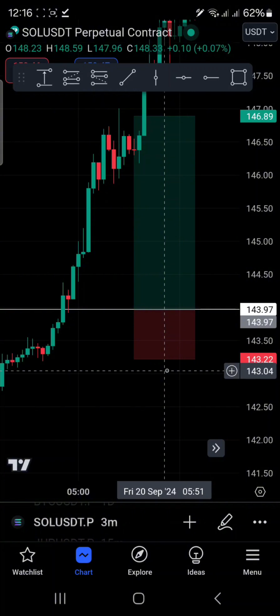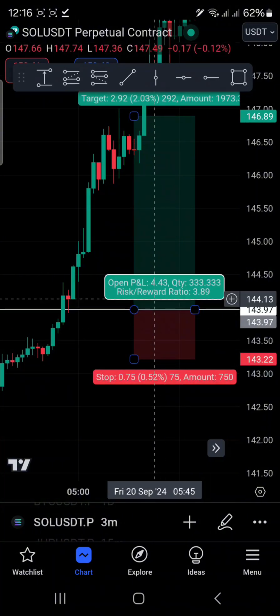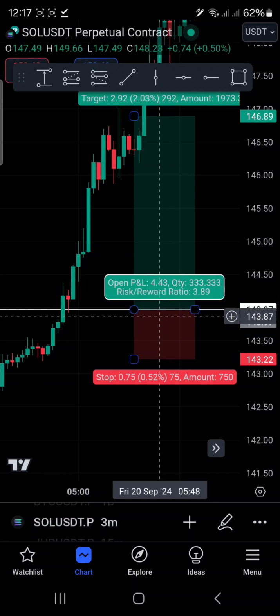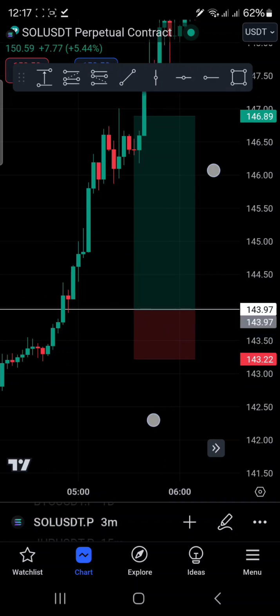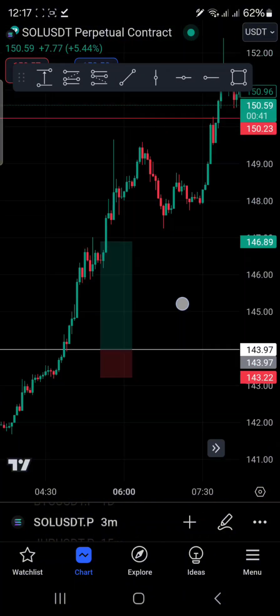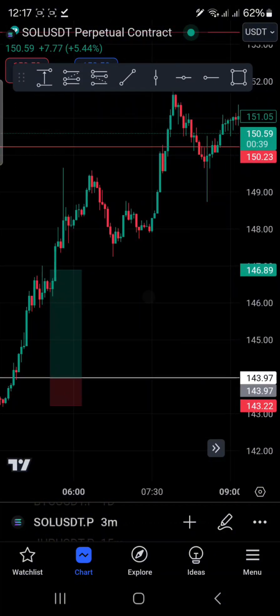What we're willing to risk here is 0.5. That is where the trading strategy should give you your risk. What you are willing to risk, your trading strategy should tell you. Apart from that, you're probably going to be making a lot of mistakes. With your trading strategy, you have to train yourself to obey it. If not, there will be issues. So that's what you need to do in terms of your strategy. I probably don't know the strategy you're using, but make sure that your strategy has this in place.